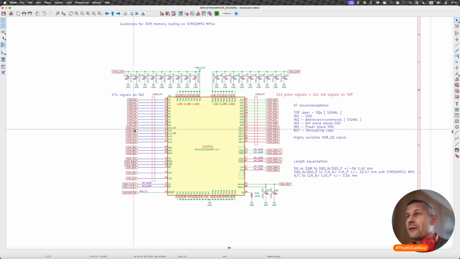Because when there are many signals with many labels, it's easy to assign the rule area instead of assigning a net class to each signal. Thing number 2